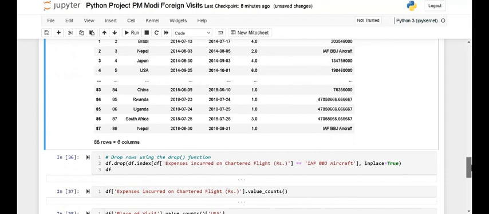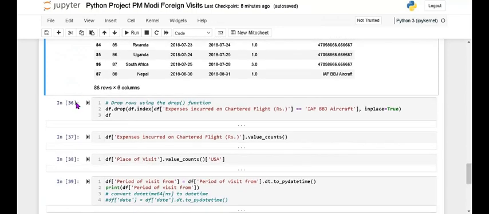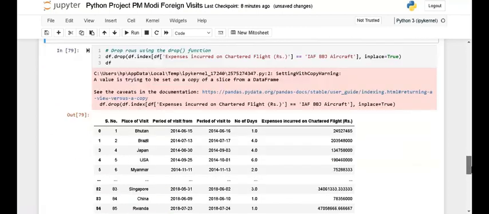Again I want to remove the value IAFBB aircraft. The same thing I have used as above. It only gives a warning, so no problem.